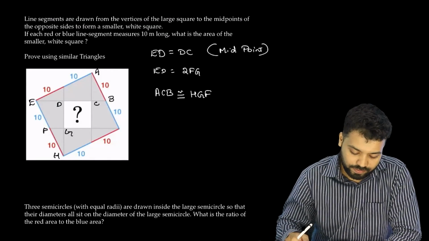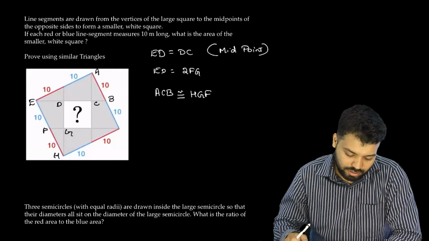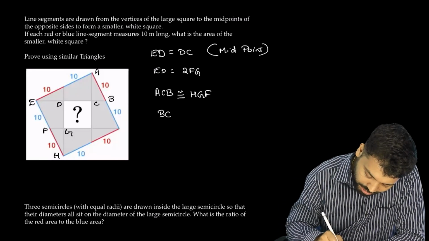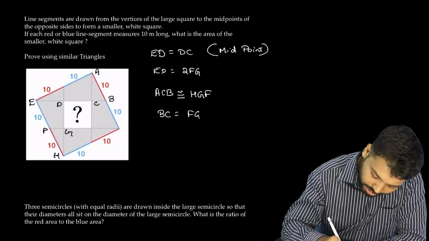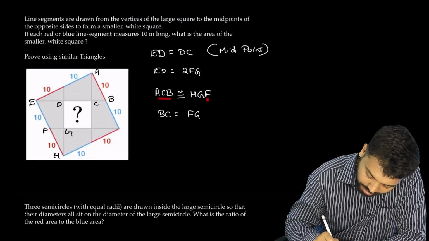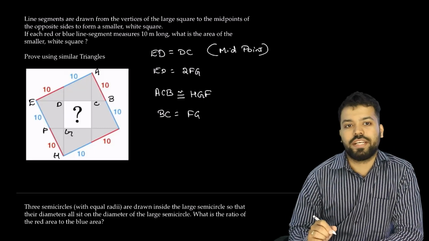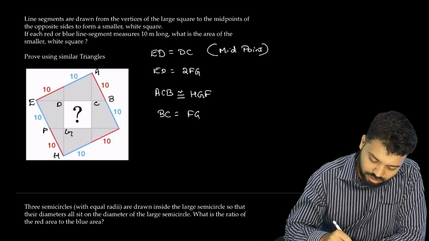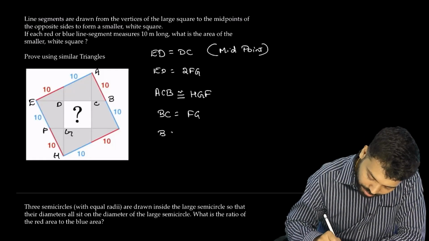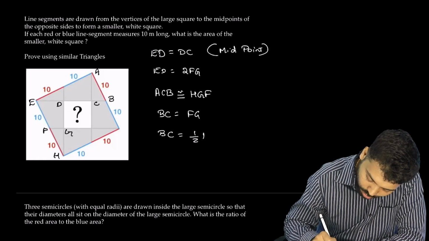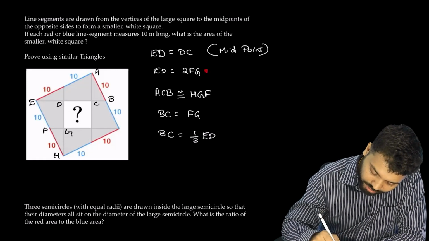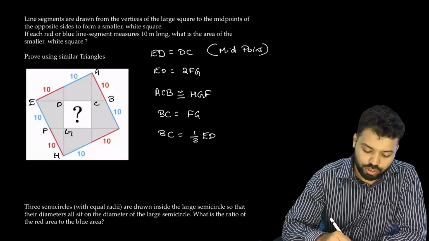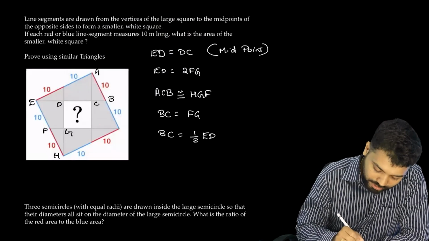Okay, then FG is equal to CB, so this implies BC is equal to FG. I am taking the B and C here and F and G here. So what does this imply? BC is equal to half of ED. This implies BC is equal to half of AD. That is from here. Correct? Hence proved that these three are in the ratio